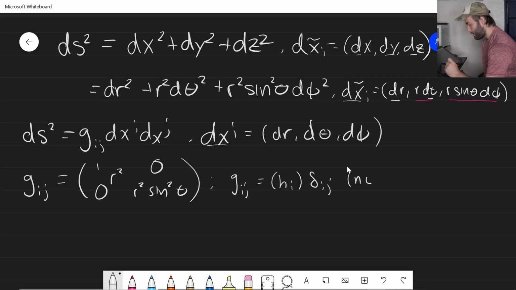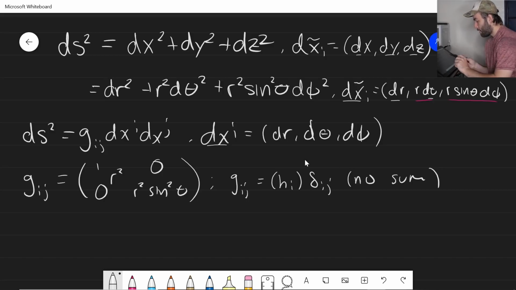And here, there's no sum implied. So i is equal to j, so h1 would be 1, h2 would be r, and h3 would be r sine theta. And actually, this should be squared, right? So if we're squaring this, then h1 would be 1, h2 would be r, h3 would be r sine theta. Okay, but look at how these